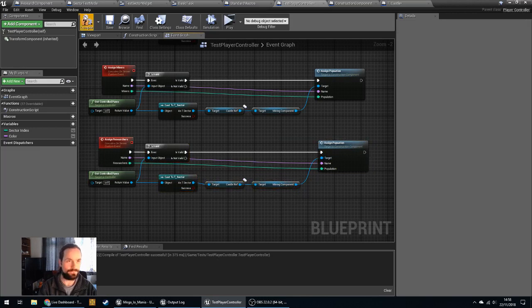We'll leave it for now. So now the jobs go into the construction component, and the population is assigned to the construction component,